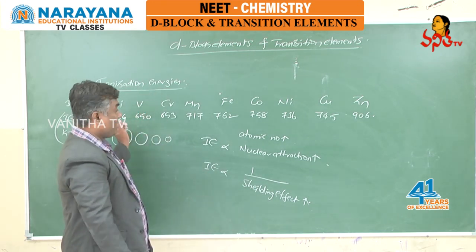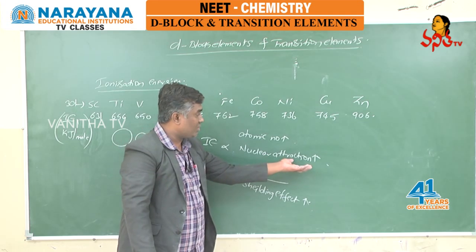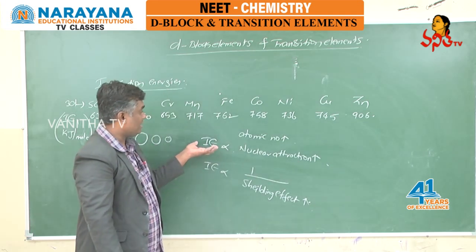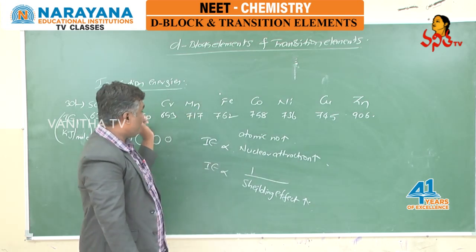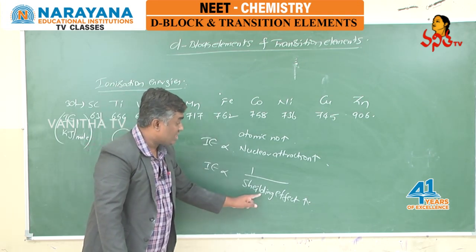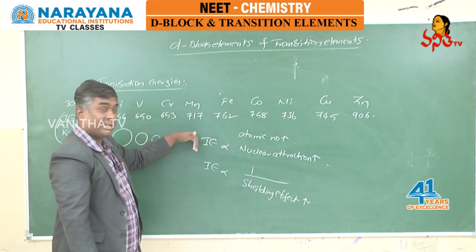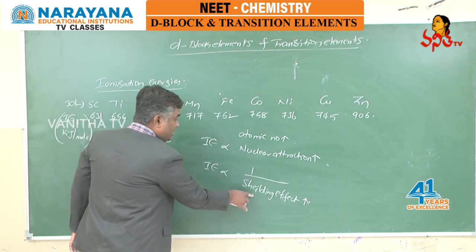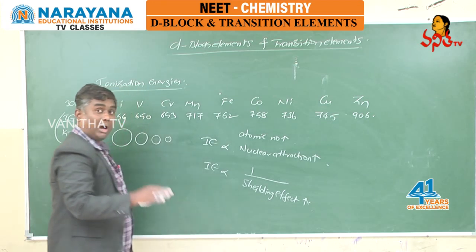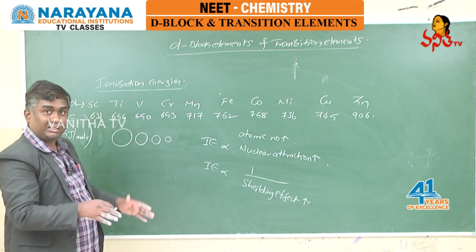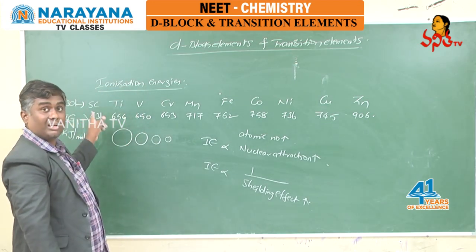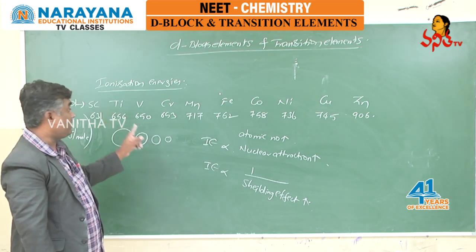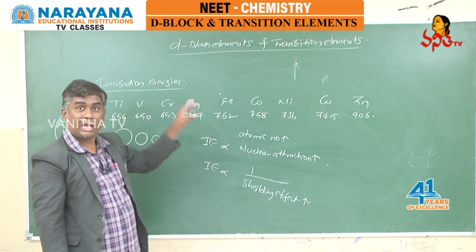See here, from left hand side to right hand side, as nuclear attraction increases, ionization enthalpy should increase. From left hand side to right hand side, as shielding effect is increasing, ionization enthalpy should decrease. Means nuclear attraction and shielding effect both are working in opposite direction. Because of that reason only, there is no regular trend in ionization energies from scandium to zinc, I mean